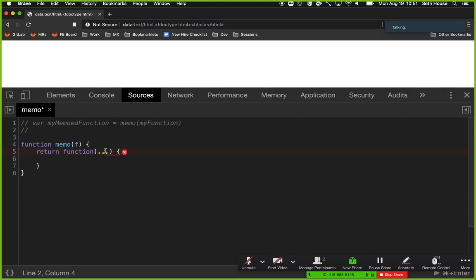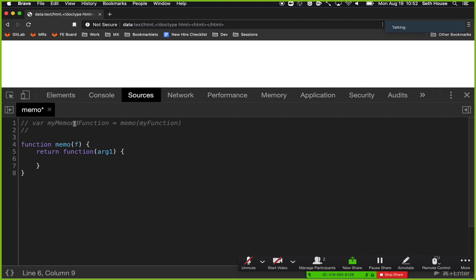And so the arguments that this inner function needs to take are the same arguments that my function would take. So let's start by keeping it simple, and let's just call our argument arg1, and I'll expand on that in a bit. So we're going to take arg1,